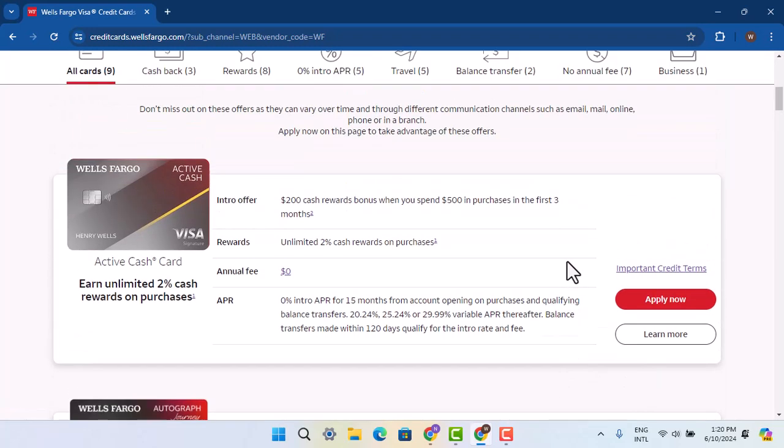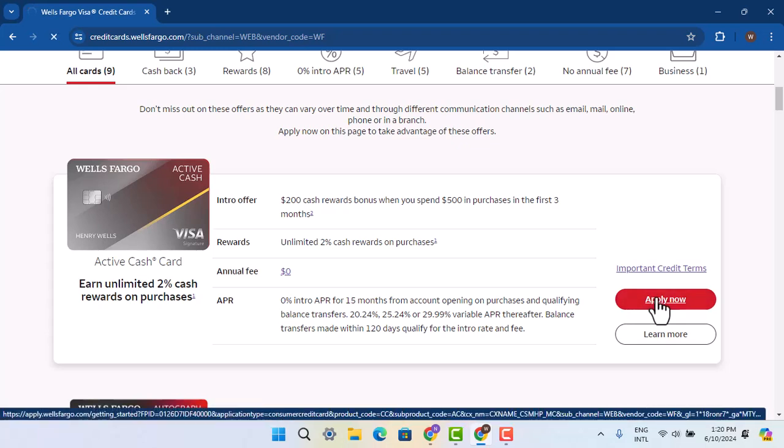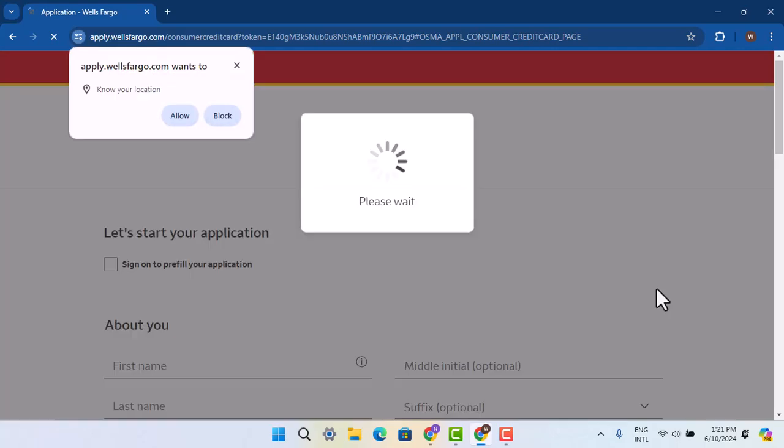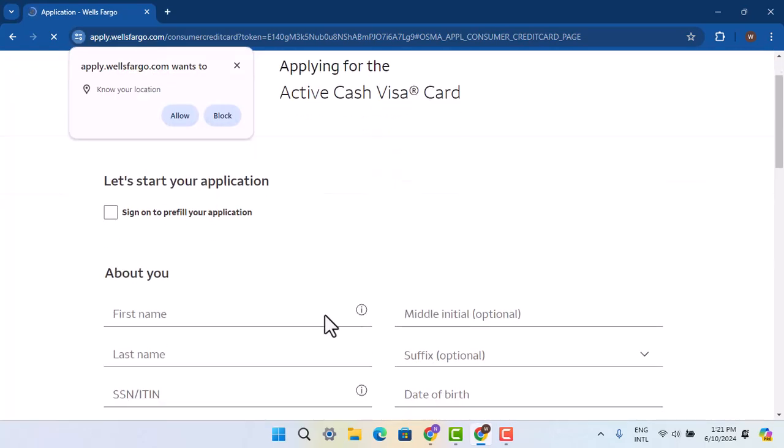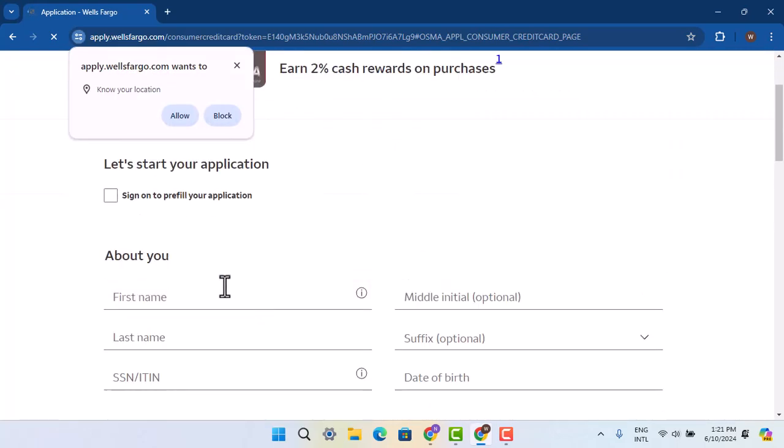Now let's say that you've actually selected a particular credit card. So I'm going to go ahead and select the apply now button. When I press on it, it's going to take me to the form where I can start filling out my application. To begin with this procedure, you just have to go ahead and enter your personal information,